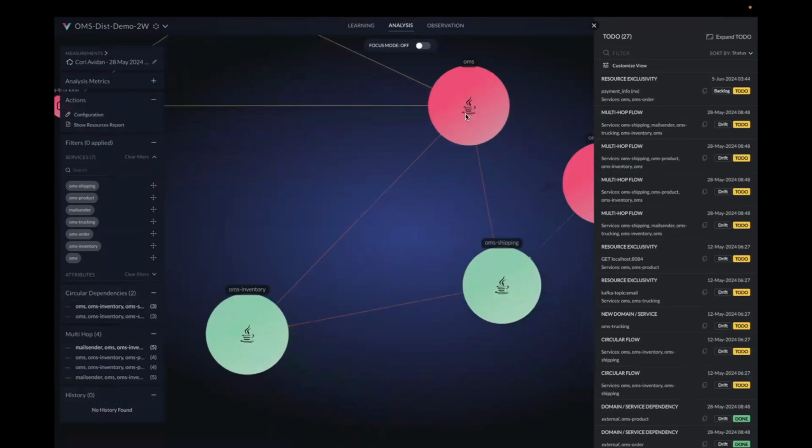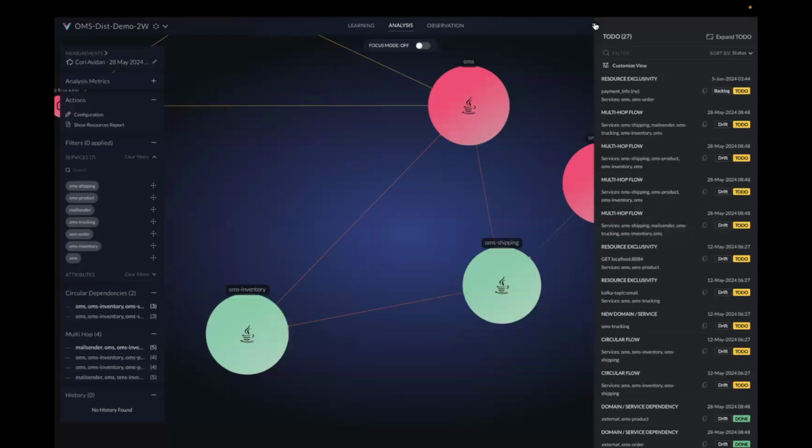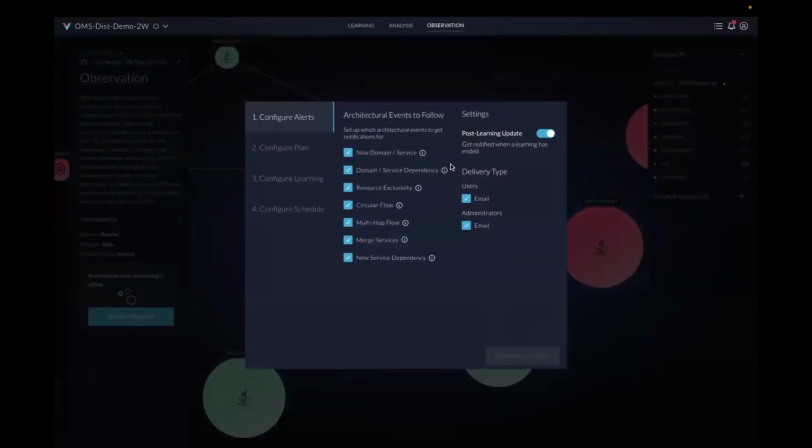vFunction allows the user to set the baseline architecture and then monitor drift against that base architecture. We can look at the observability configuration screen and see the different types of architecture issues that the system identifies: new domains or services, new dependency between domains, resource exclusivity changes, circular flows, multi-hop flows, duplicate services that are better